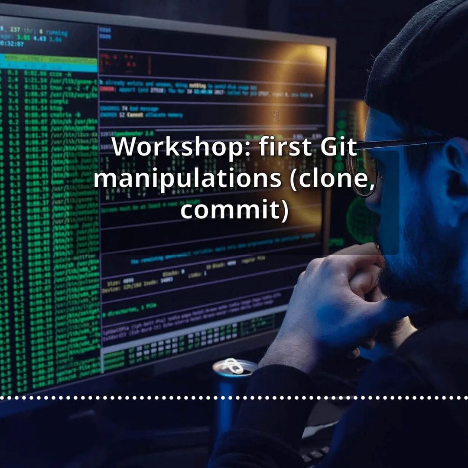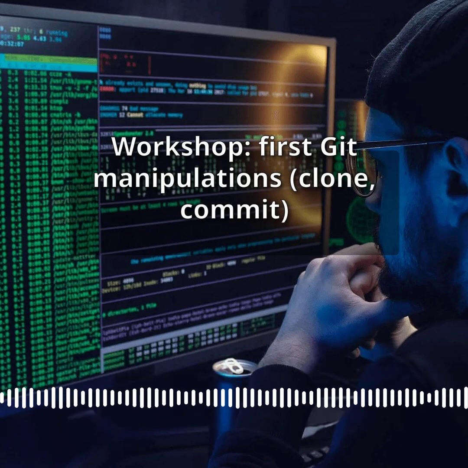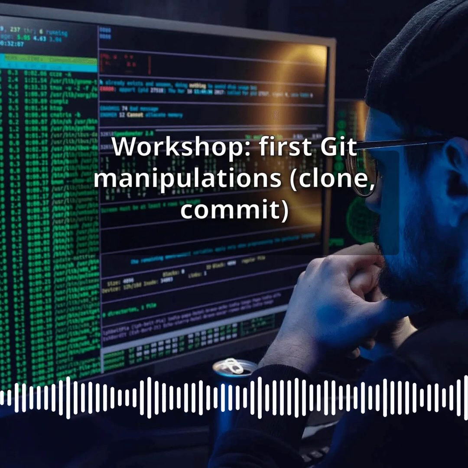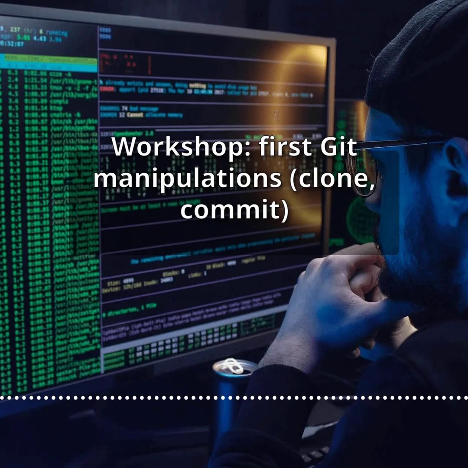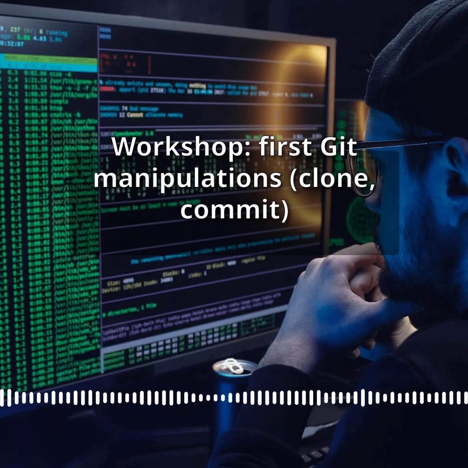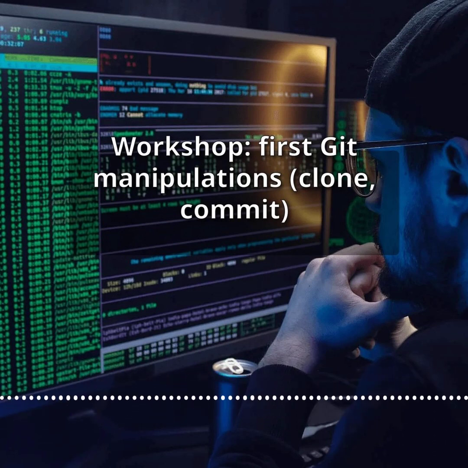The mental model. Remote repo, clone, local repo, edit files, stage changes with git add, commit with git commit, push back to remote with git push. Common mistakes beginners make: committing without a meaningful message, forgetting to stage files before committing,